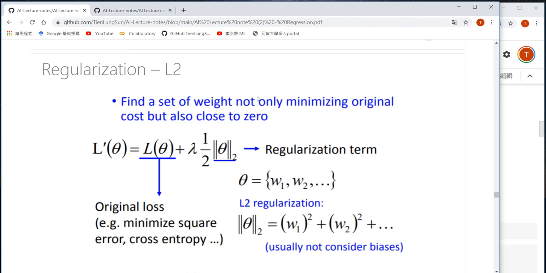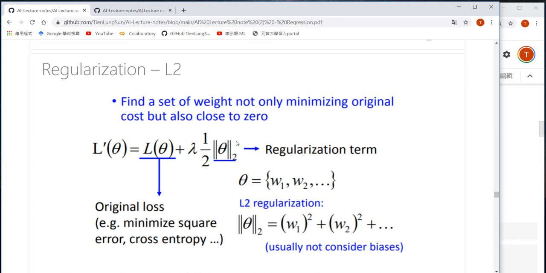If we use L2 regularization, after the original loss function, which measures the mean square error between the true answer and the predicted answer, we add the regularization term, that is the summation of the L2 norm, meaning the square of the weights. By adding this L2 regularization, as you can expect, if we want to minimize the loss function,